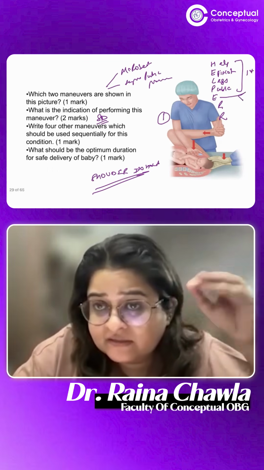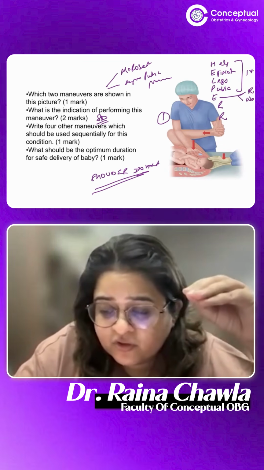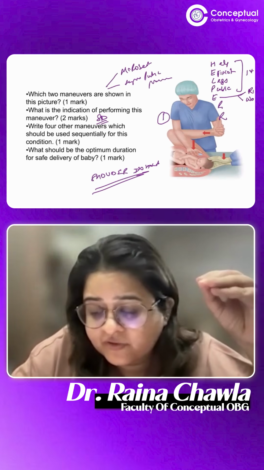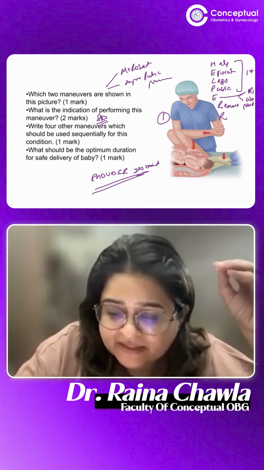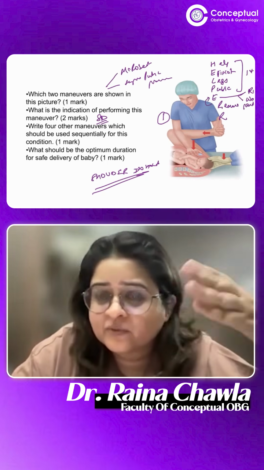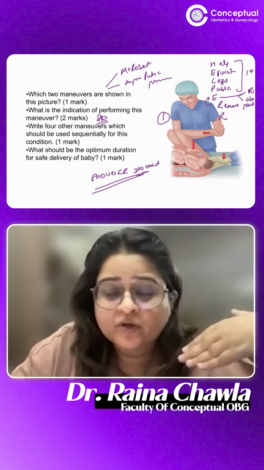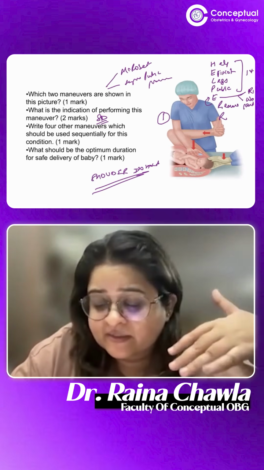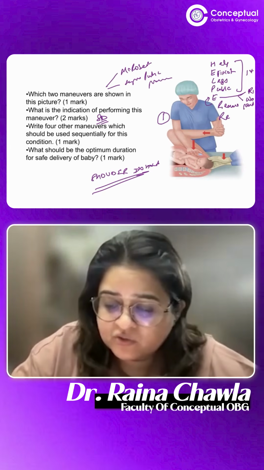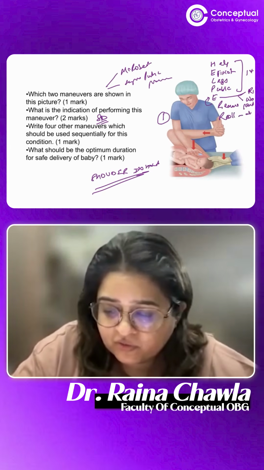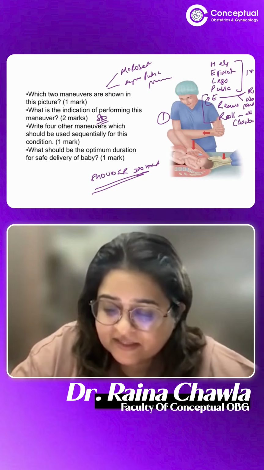We usually enter the rotational maneuvers. This is the Rubin and the Woods corkscrew or Woods screw maneuver. ER is remove the posterior arm. Some guidelines say we do this first. Either way, you can do one of them first, but it's best to go by this mnemonic because this mnemonic is universally accepted. Next R is roll the patient on all fours. That is the Gaskin maneuver. These are your second line maneuvers.